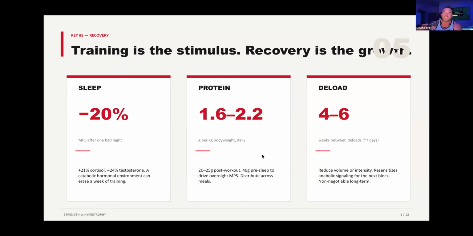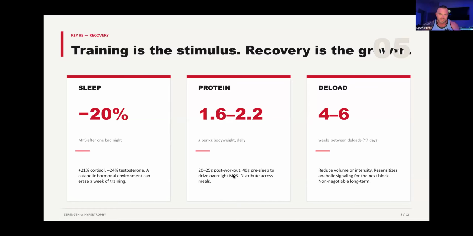So the biggest thing, and for that same reason, actually, is protein and sleep. Obviously, if we're sleeping well and saving that 20%, then you're probably going to be sleeping a decent amount of time, right? And if you're sleeping a decent amount of time, that also means you're not getting protein in, obviously, because you're not eating when you're sleeping. So the whole point of this is to get a good bump of protein in, ideally 40 grams, before you go to sleep, so that you can increase that muscle protein synthesis overnight.